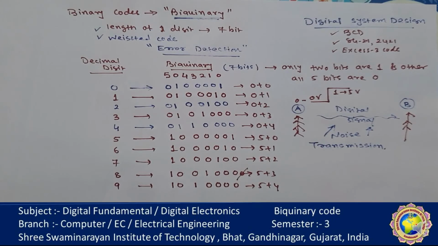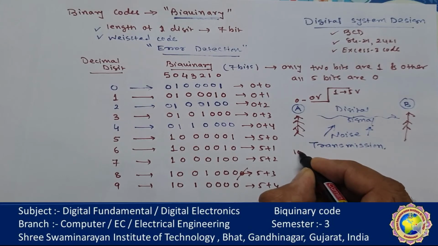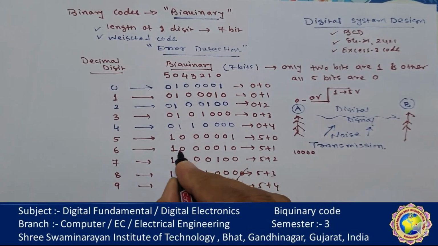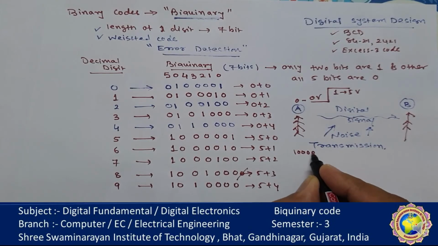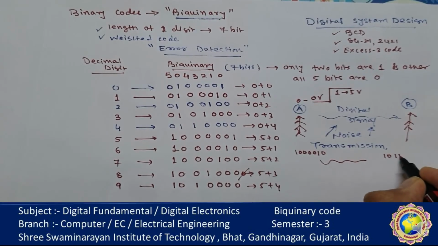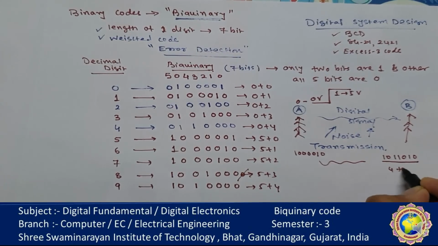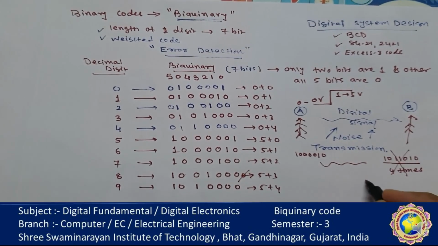One or more bits may change value, and a circuit at the receiving side can detect the presence of more than 2 ones. It can say that there is an error, if the received combination of bits does not agree with the allowed combination. Suppose I am transmitting 6, which is 1 0 0 0 0 1 0, a 7-bit code. Due to the error, the receiver gets 1 0 1 1 0 1 0. How many ones are there? 4. So it is an error code.